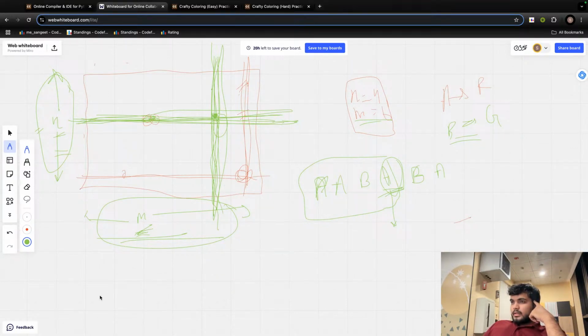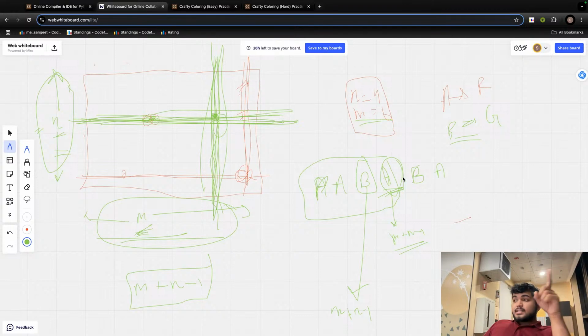N, right? Oh, sorry, M, n minus 1, m plus n minus 1. Does it make sense? M plus n minus 1. This guy kept into his account. Now, B, no matter what B selected, B will try to get m plus n minus 1, but as A will be selecting after B,